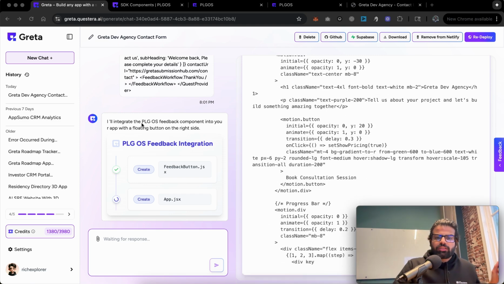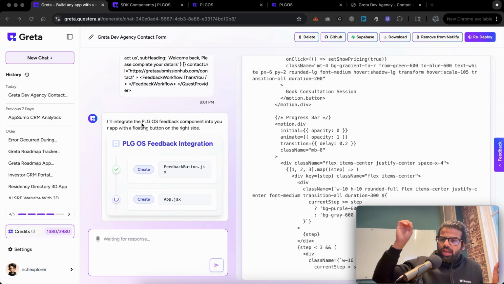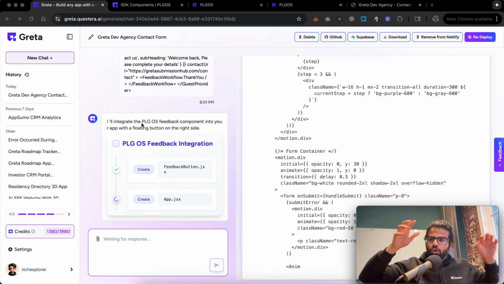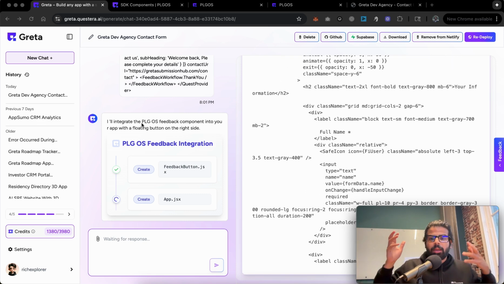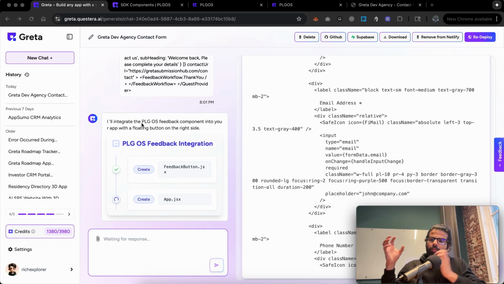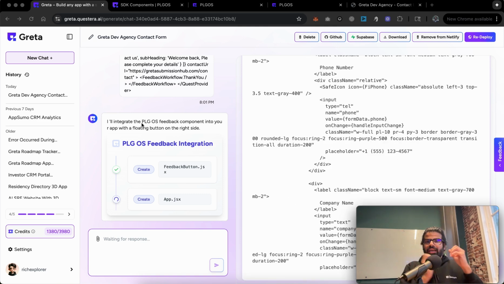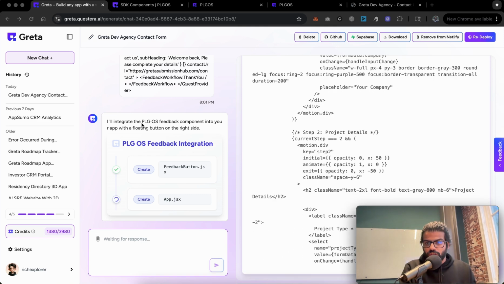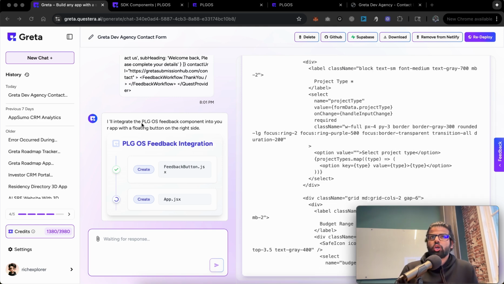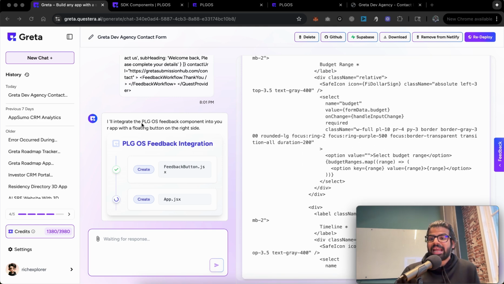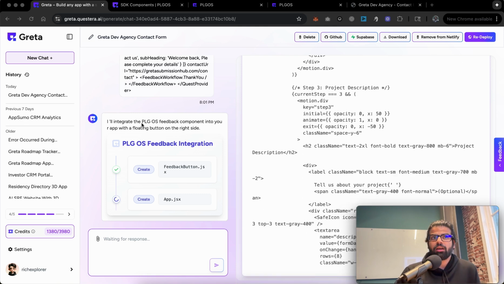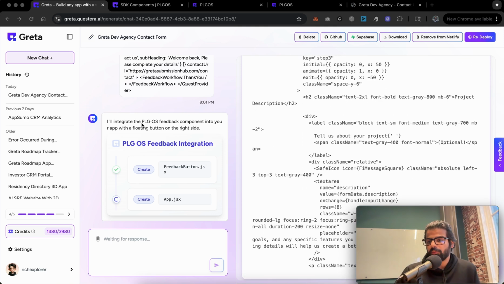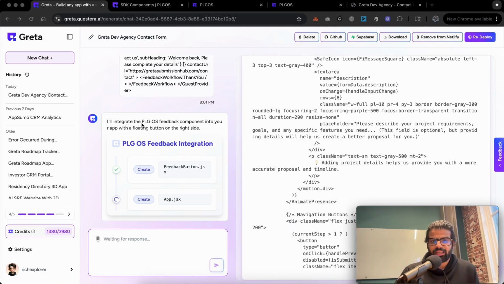And similar to this, we'll try to have all the components by default within Greta so that you can in one click add those PLGOS components. But in the meantime, you can just copy paste those components' code in here and ask Greta to make those changes. And you can do this not just in Greta, but in any other applications out there as well. So let's say tomorrow you've created something through Lovable or Base44